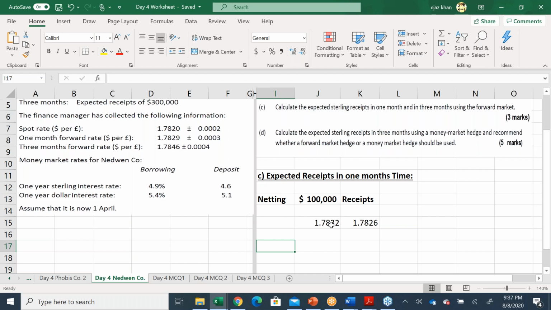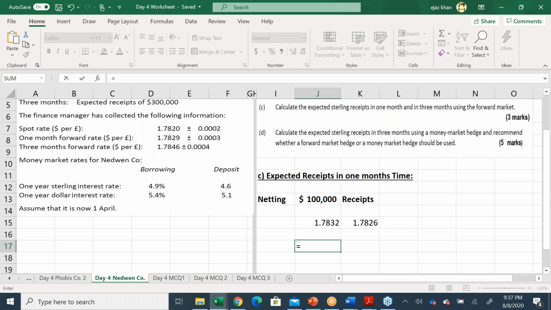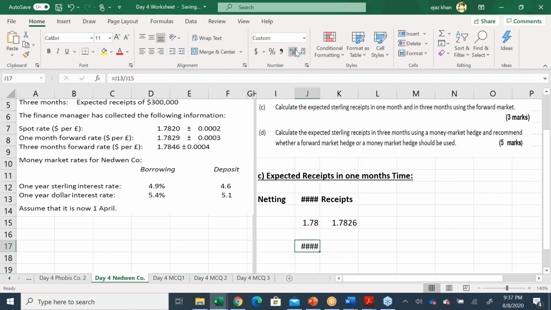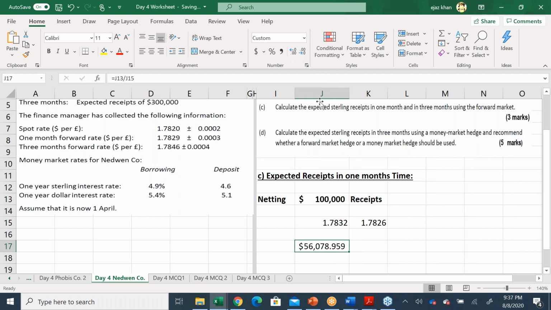I told you the rule earlier. We are converting into pound sterling, whereas the rate quoted is in dollars, so we have to divide. So one thing is for sure that we have to divide. We will be using one of these rates, but whatever rate we use, we have to divide to get it converted. Now you are going to give $100,000 to the bank, and the bank will either be giving you 56079 pounds,